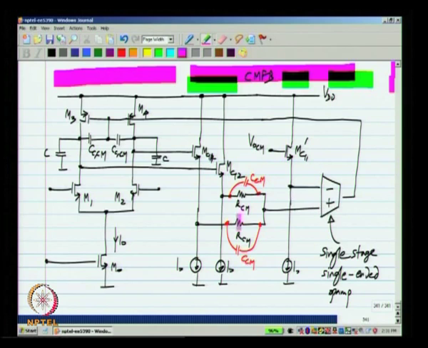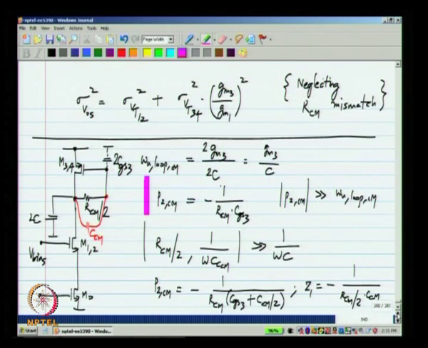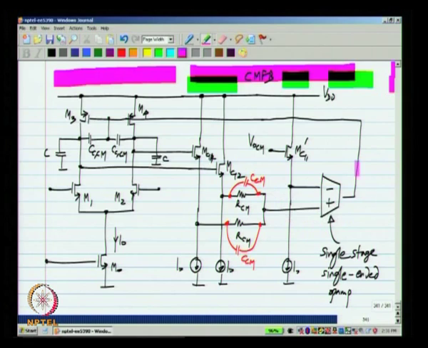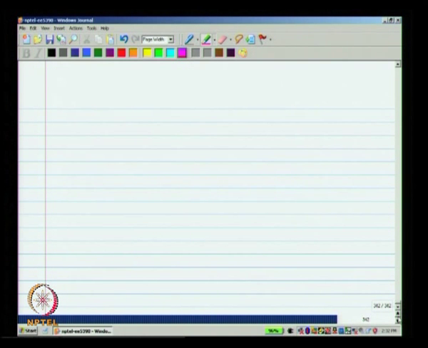The comparison may not be obviously visible. That was the case with this simple circuit. We are not comparing it with any reference that we provide from outside, but the comparison is happening with the gate source voltage of M3 and M4. Okay. So, the output common mode will set itself to VDD minus the gate source voltage of M3 and M4. Similarly, this part, the single stage single ended op amp, could be merged with the common mode detection. Okay. Now, let us see an example of that.